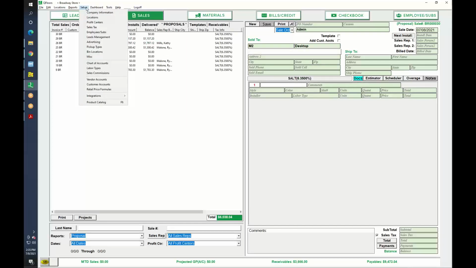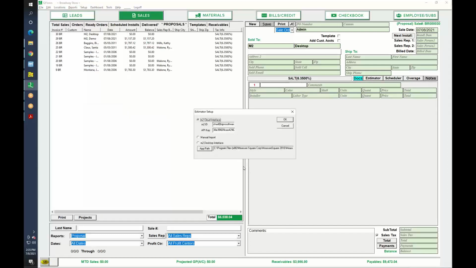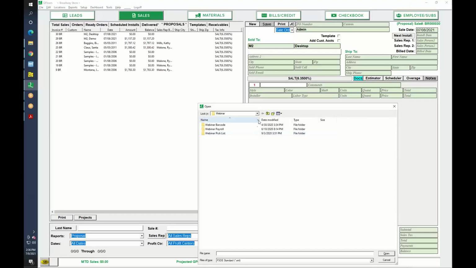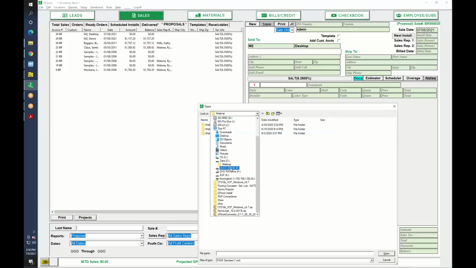Okay. The difference here is on the integration screen, when you come down to Measure Square, you have to have manual import instead of M2 Cloud interface selected in order to do it this way. Again, this is going to be for projects that are big, commercial projects, right? Bigger ones. Hit the estimator, and then you're going to come over and find that file that we just saved,